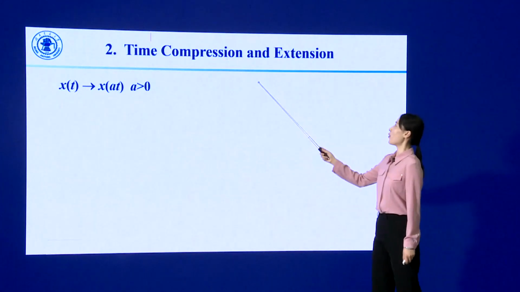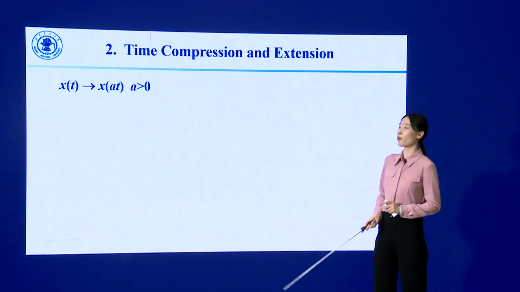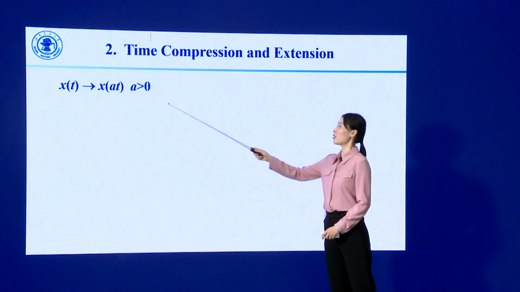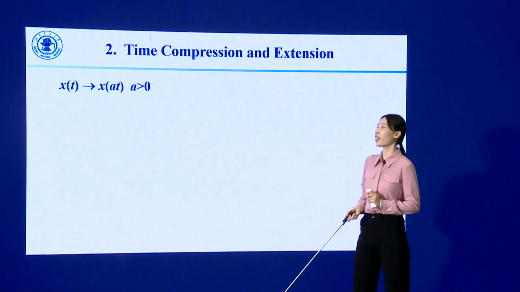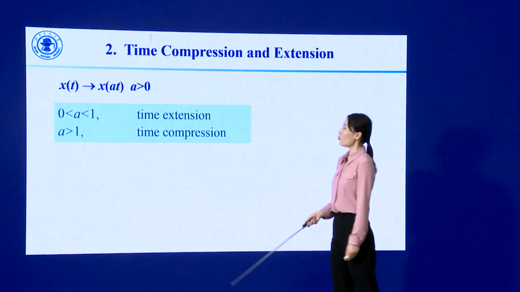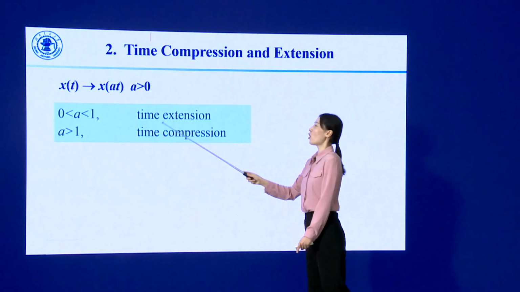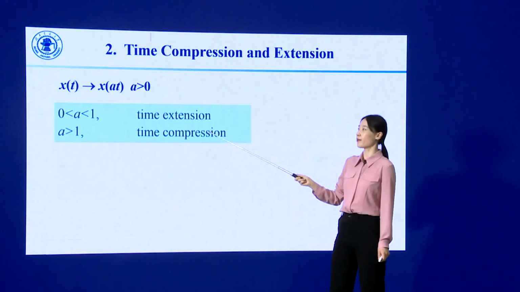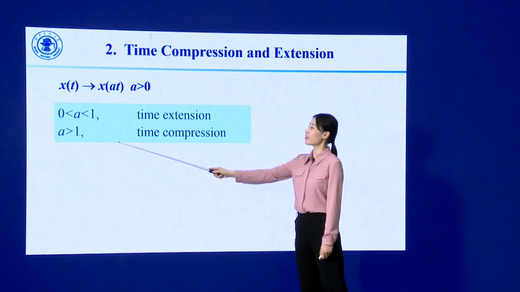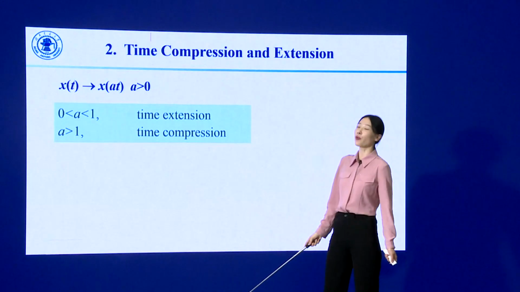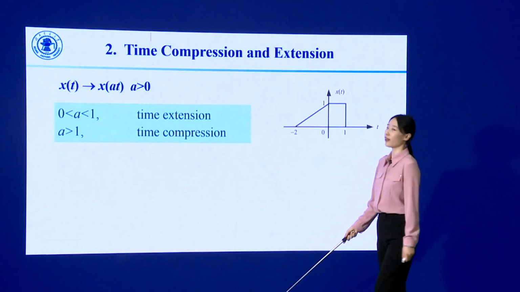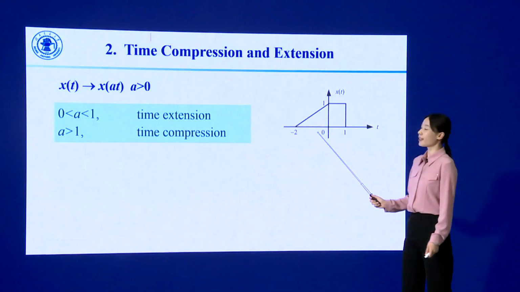The time compression and extension operation can be expressed using x(at). When a is larger than 0 and less than 1, it corresponds to time extension. When a is larger than 1, it is time compression. Here is one example. For these signals,